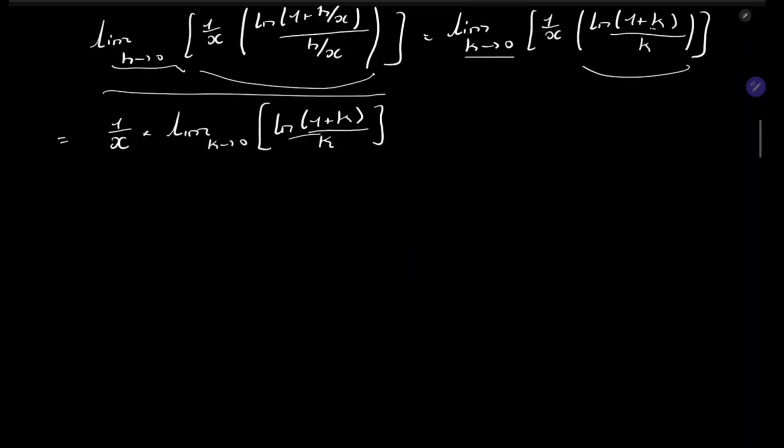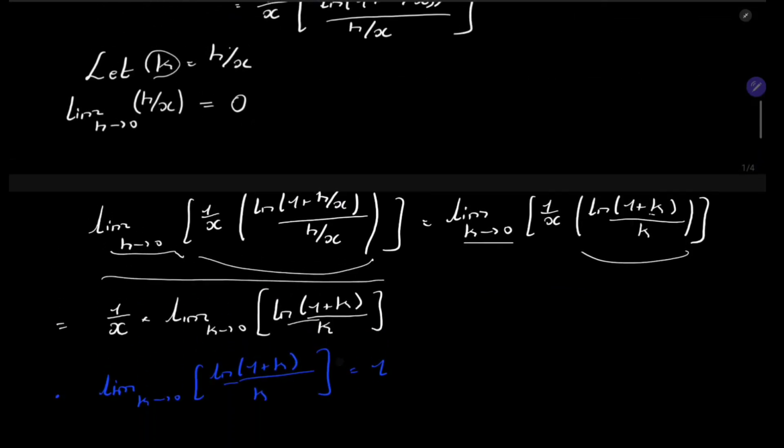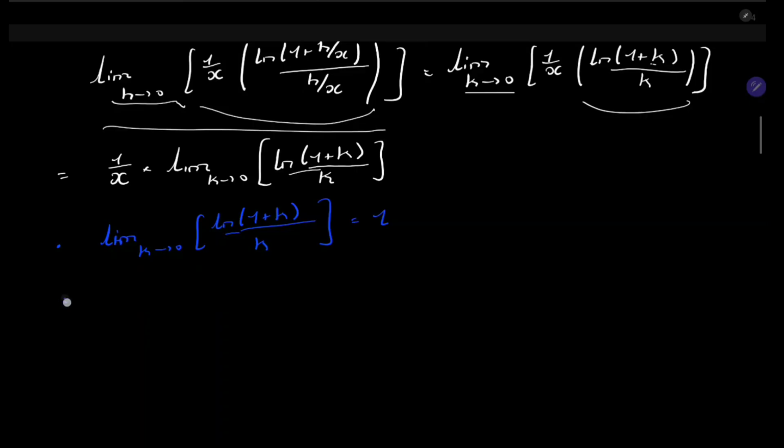Now, what do you need to know? You need to observe, or you need to memorize, that the limit as k tends to 0 of the term ln(1 plus k) on k is a standard limit which equals 1. What does this then simplify to? This simplifies to